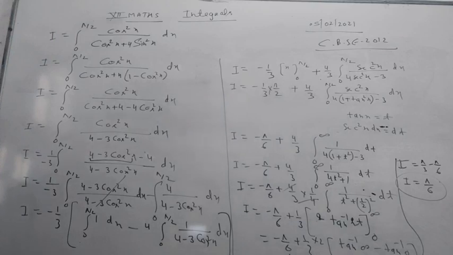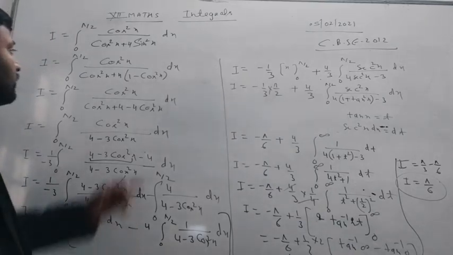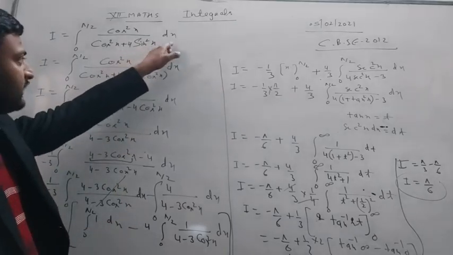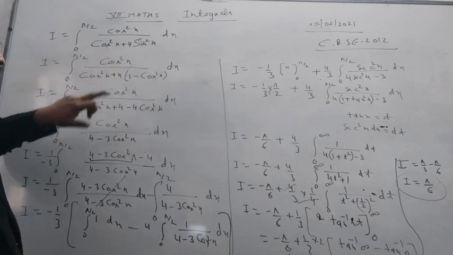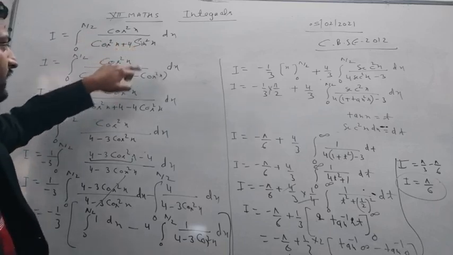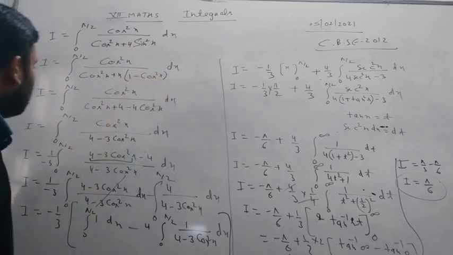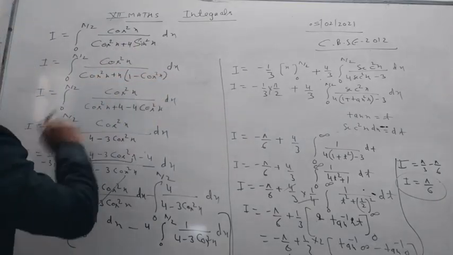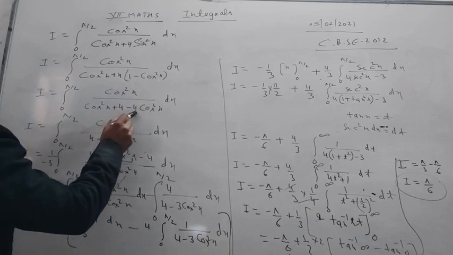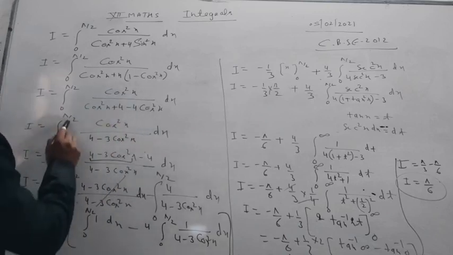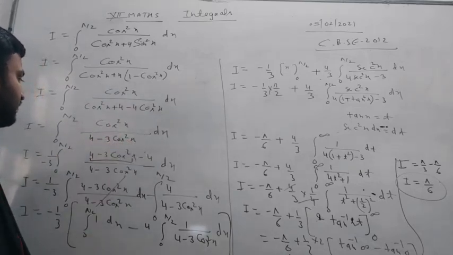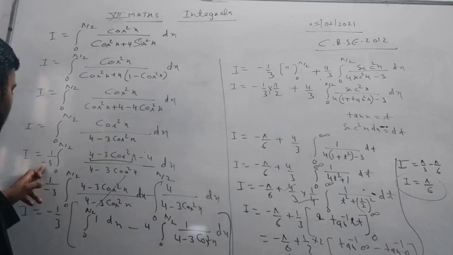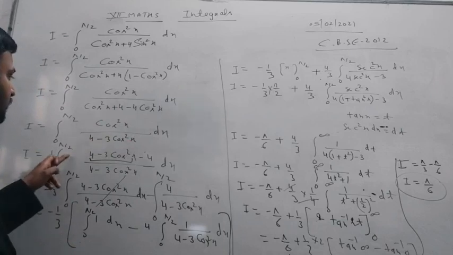Our question is I is equal to integral 0 to pi by 2 of cos square x by cos square x plus 4 sin square x dx. Okay students, so I is 0 to pi by 2 cos square x by cos square x plus 4, and this we can write 1 minus cos square x dx. And students, I is 0 to pi by 2 cos square x by cos square x plus 4 minus 4 cos square x dx. So 0 to pi by 2 cos square x by, this is 4 minus 3 cos square x dx. So I is students minus 1 by 3, 0 to pi by 2, and this is,